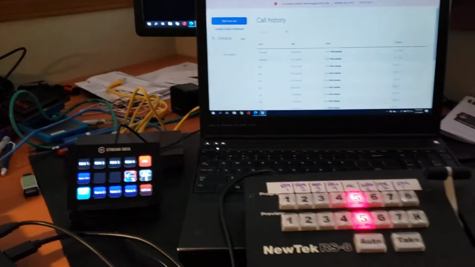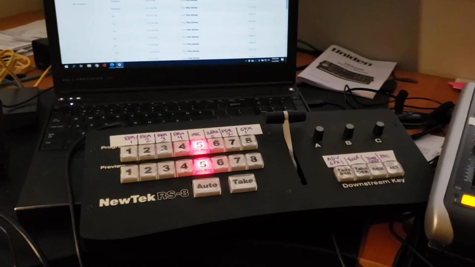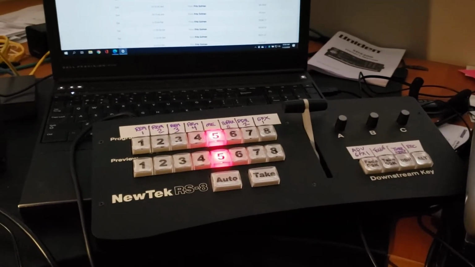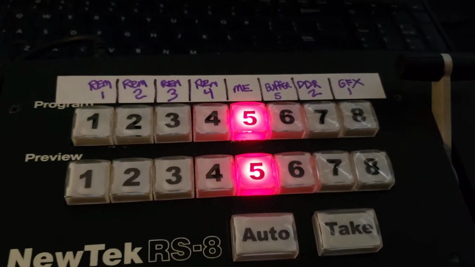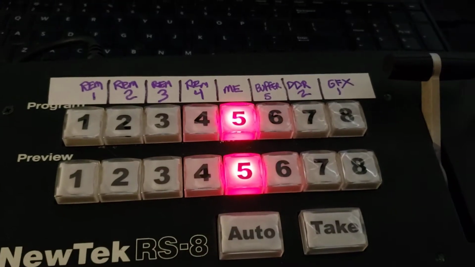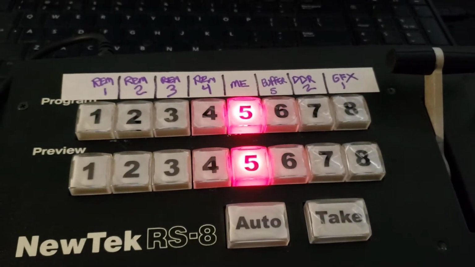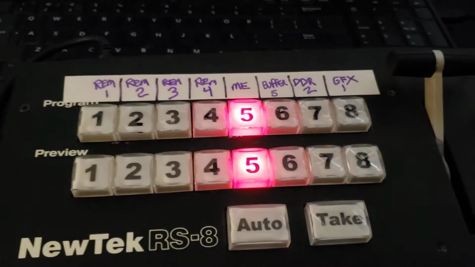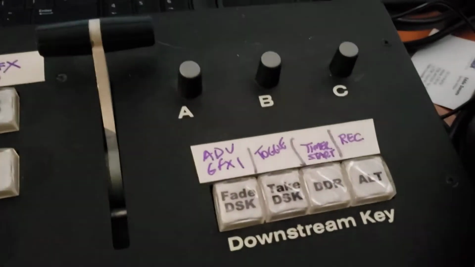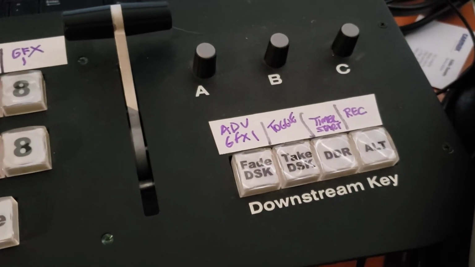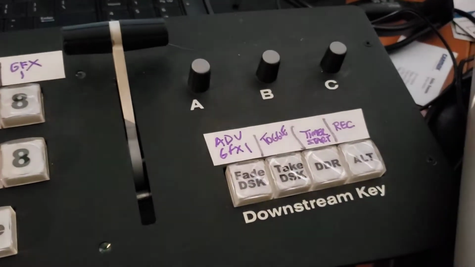And the reason why I don't need them is because I have control surfaces, which originally I didn't, but I then set up this old RS8 to have control surface functionality. And as you can see, I've got things on here that aren't really necessarily directly relating to the TriCaster program and preview rows in sequence. I've got my remotes, one of the MEs, one of the buffers, things like that. But even more interestingly is the secondary keys over here where I can advance graphics. I can start a timer, which I'll show in a moment, and I can turn on and off the record